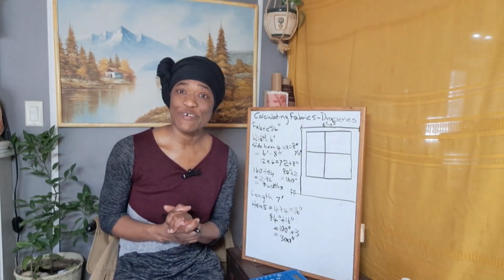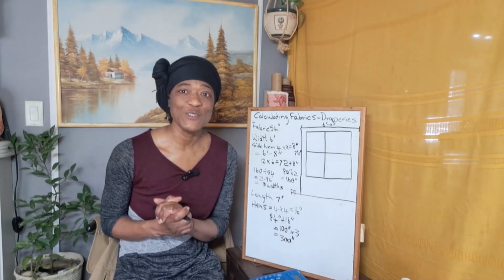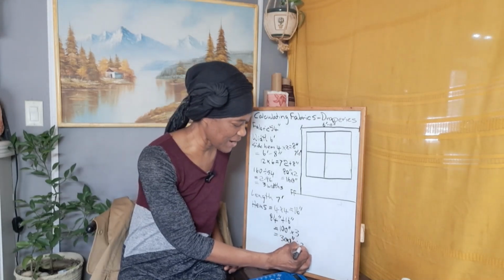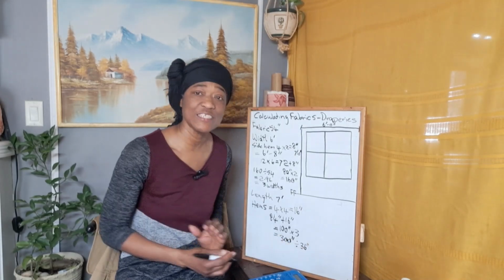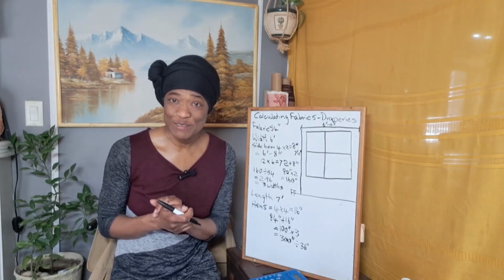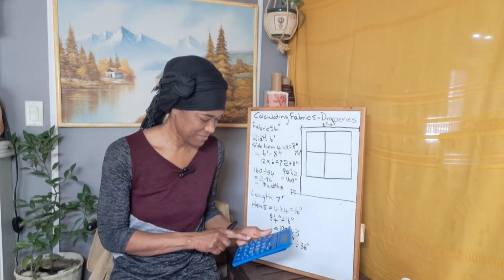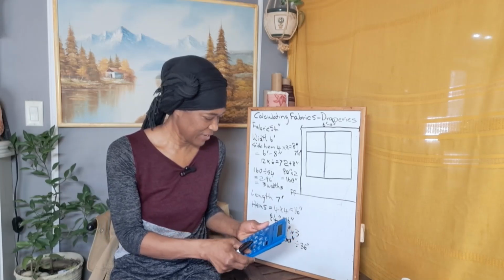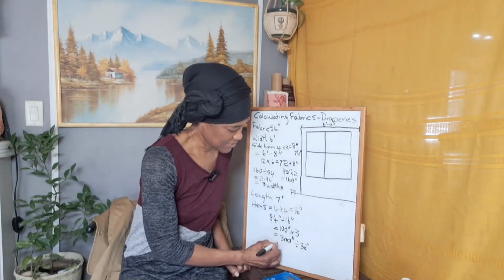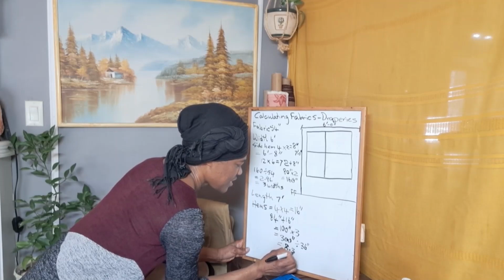So in order for us to find out how many yards of fabric we will need, we will have to divide this 300 inches by 36 inches, because there are 3 feet in a yard and there are 12 inches in a foot, right? So 3 12s are 36. So 300 divided by 36 equals 8.33